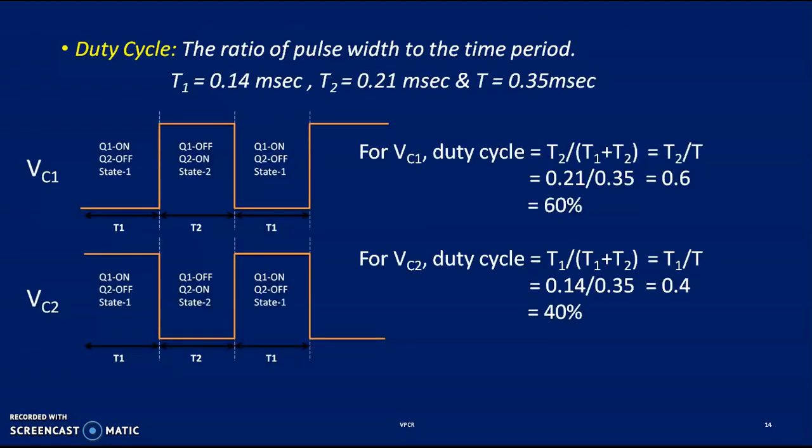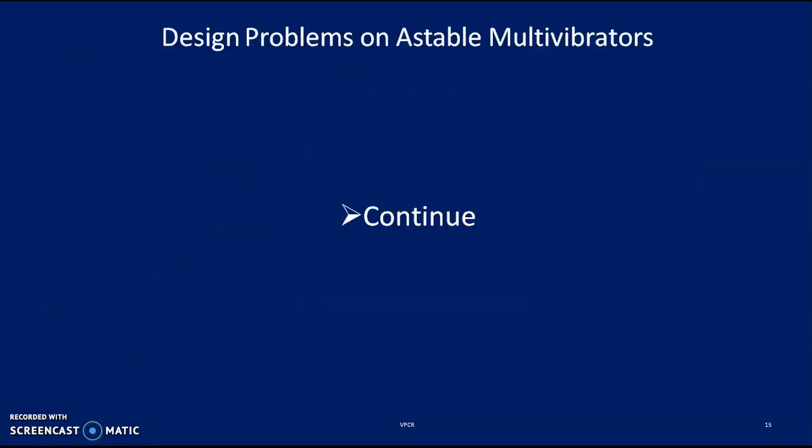So from this analysis and understanding of duty cycle, you can say that for a square wave signal the duty cycle is 50%, because both T1 and T2 are the same. So practice with different T1 and T2, and try to calculate duty cycles for various rectangular waves. In the next videos, I will explain the same designing problems with other conditions and other designing parameters.